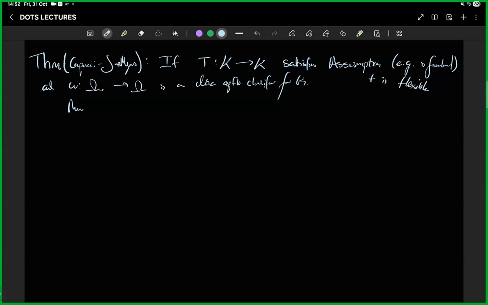So I'm going to give you the strict version. But if you believe me about the pseudo version, I can tell you what happened. It's pretty simple in that case to see why this works. But then